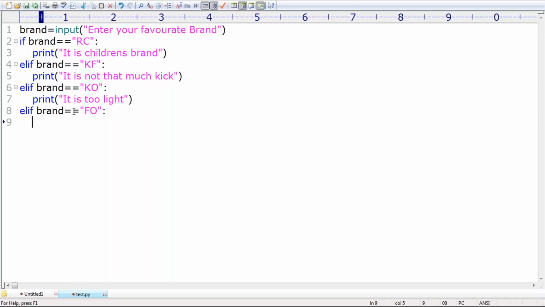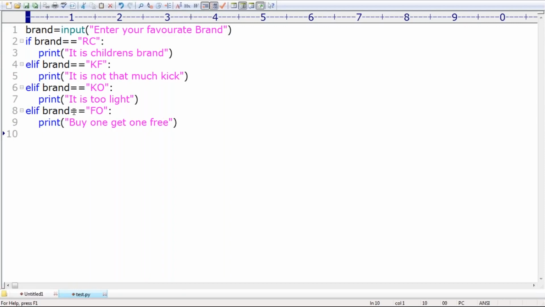What is the meaning of FO? Good. Foster's beer, Australian beer. Okay, print buy one get one free. It's a very common offer for this brand. Else, print other brands are not recommended.